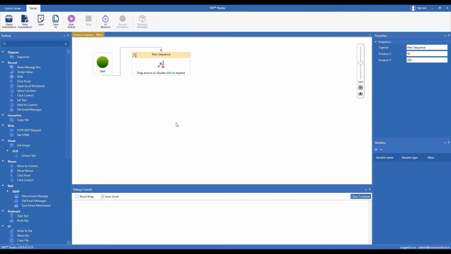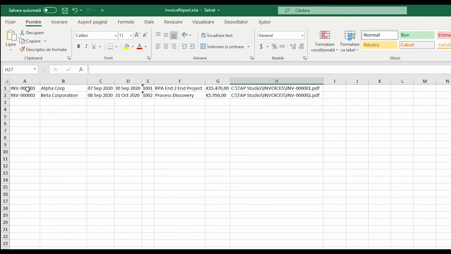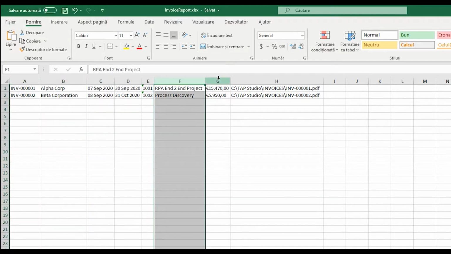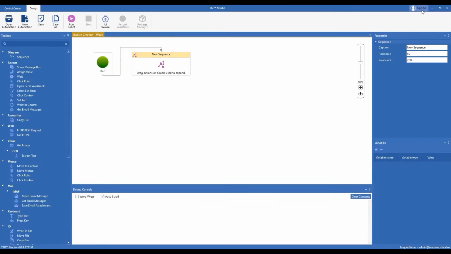Hello and welcome to today's video about how to get info from an Excel file and input them in an accounting system using UI automation. In today's video, we will extract invoices info from this Excel file: invoice number, customer name, service name, invoice amount, and create customer invoices in Wave, a free accounting platform for small